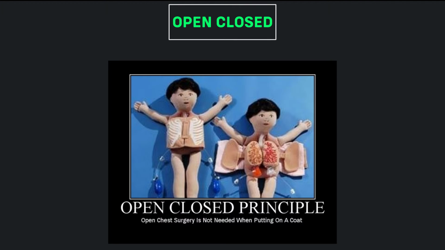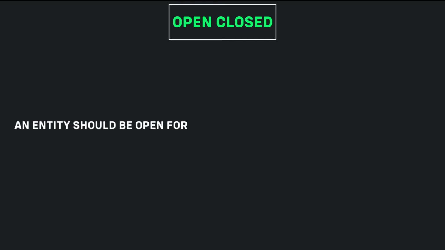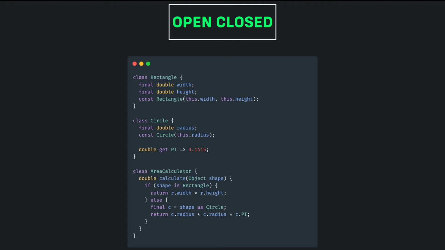Open-closed principle. It states that for good practice you should be able to add new features without modifying the existing code. In other words, an entity should be open for extension but closed for modification. Look at this example. Note that rectangle and circle respect the single responsibility principle as they only have a single